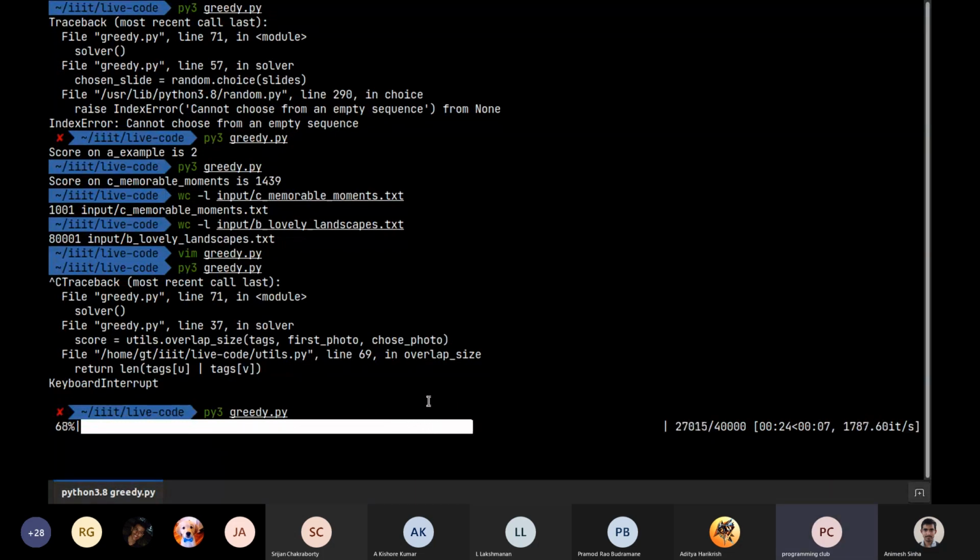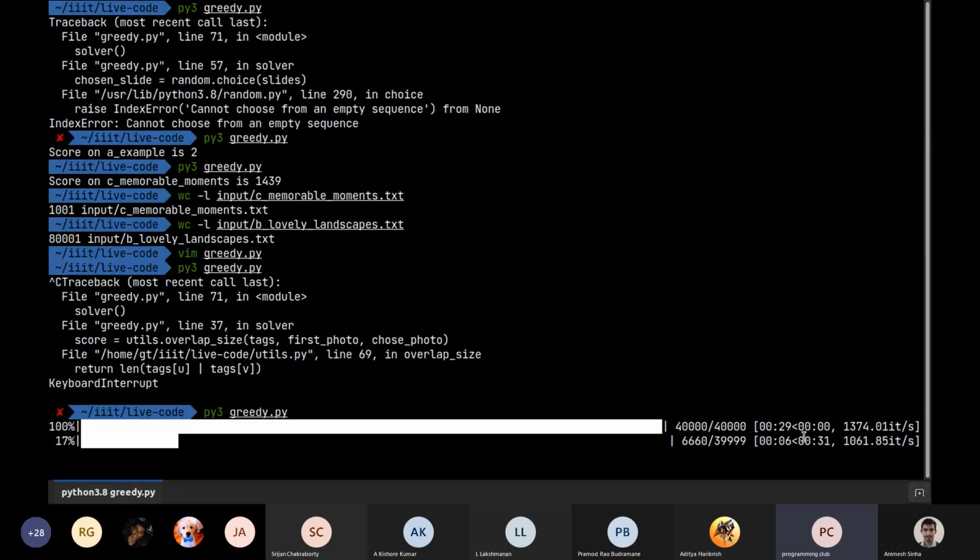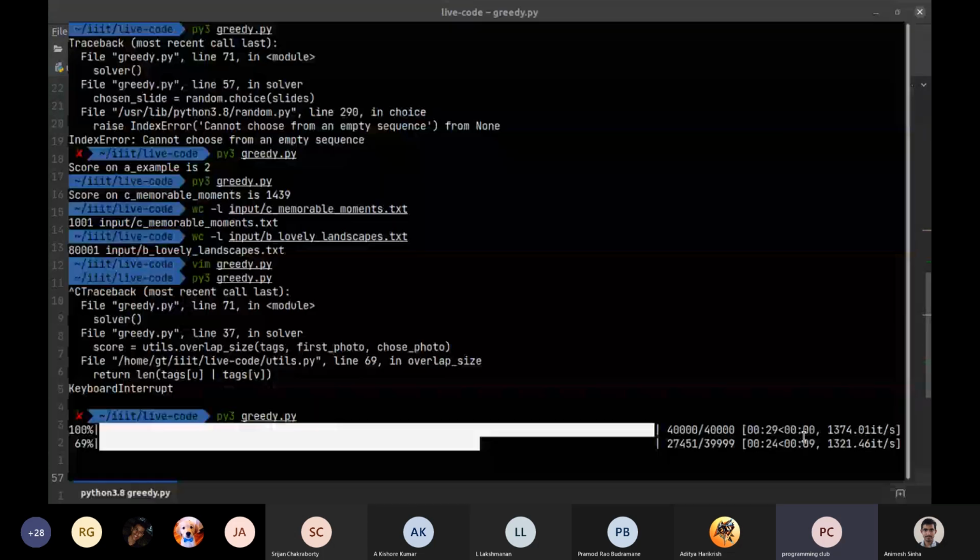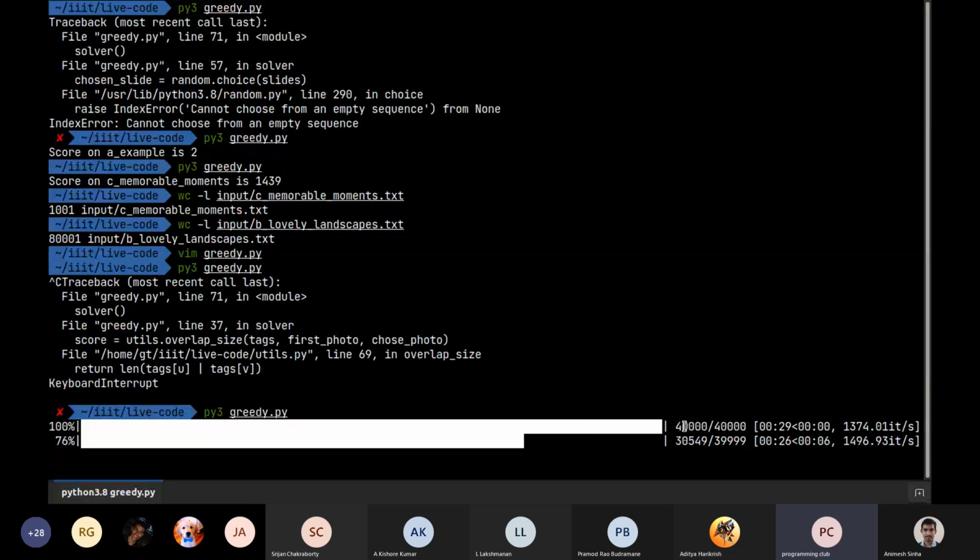Again, this is only the first for loop. We actually have 2 for loops, so it's going to take another 30 seconds. As I said, if it takes a couple of minutes to run, it's okay. You just need to make a submission. On your first attempt, you're maybe not even going to ace the contest, but you can at least try to attempt, right? This is what we are demonstrating with our first technique, which is the simple greedy. It's almost done running, so we'll just wait for it.